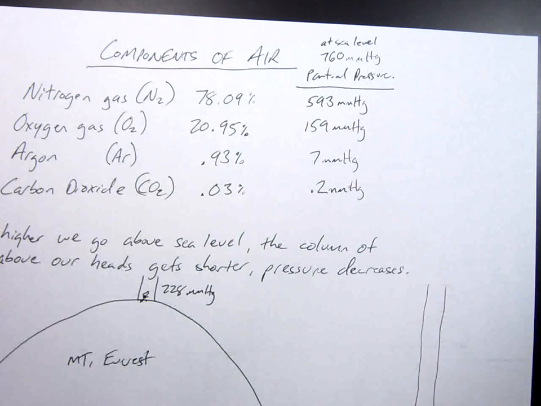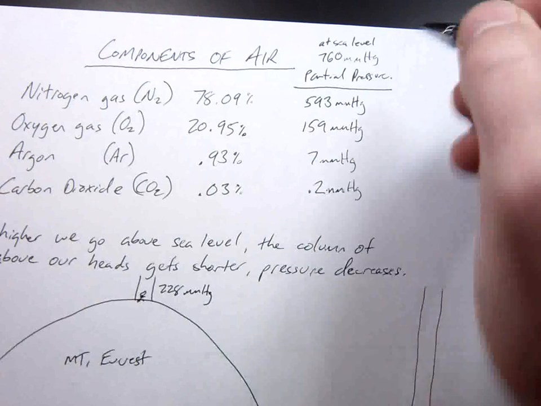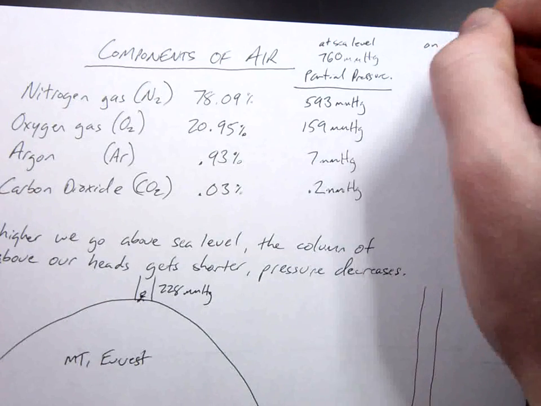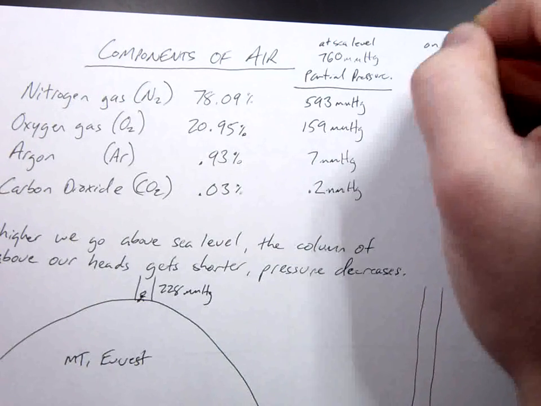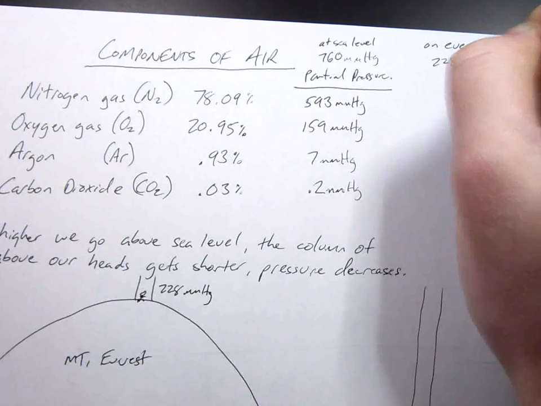Also, something to consider is that this pressure changes based on movement of air and cooling and warming of air, and is also influenced by weather patterns. In fact, that's why weather occurs, because we have a difference of pressure in one place from another, and as a result, air moves to try to regulate that. Okay, so on Everest, at 228 millimeters of mercury, partial pressure